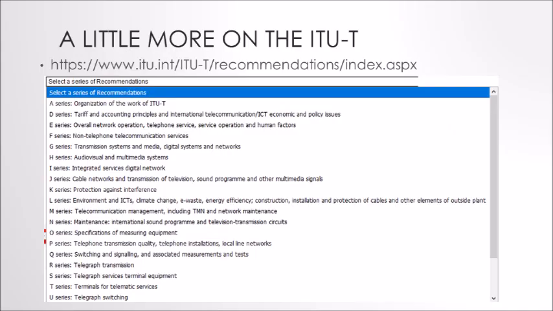Now, a little bit more about the ITU-T. They have a lot of recommendations that we actually use. As the name would indicate, we're talking about telecommunications here. So whether we want to admit it or not, a lot of our data communication standards come from the telecom background. And so you go out there and you see that we sort of copied a lot of the ways that they do things. Because, hey, why reinvent the wheel?